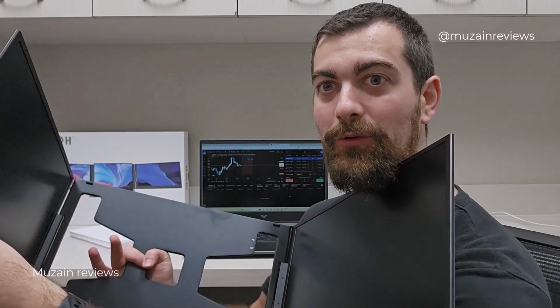Let me ask you this. What's better than having two monitors? And the answer is having three, of course. I travel around a lot for work, and so I need a laptop rather than a desktop. But it's hard to use one screen a lot. I really need two or more screens. So that's why I got this portable monitor set from QQH, and now I've got three, which is super cool